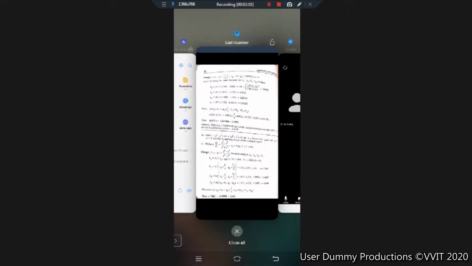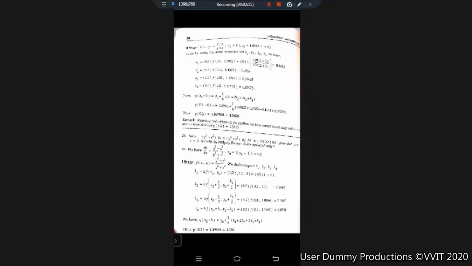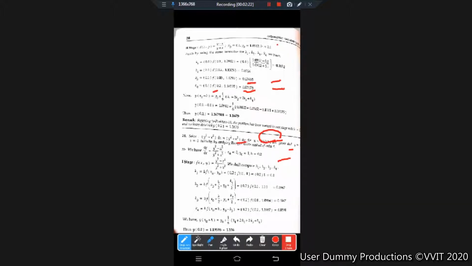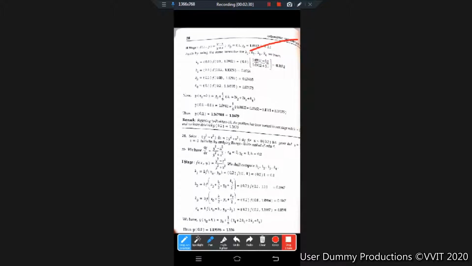Questions number 23 and 24 are the worked examples. Let us solve 24 here. Let me explain how to solve 24 quickly. As you know here, the given equation is (y square minus x square) dx equals (y square plus x square) dy. So you should find, as I told you before, y dash, which is nothing but dy by dx. Rearranging the equation, you get y dash equals y square minus x square by y square plus x square.